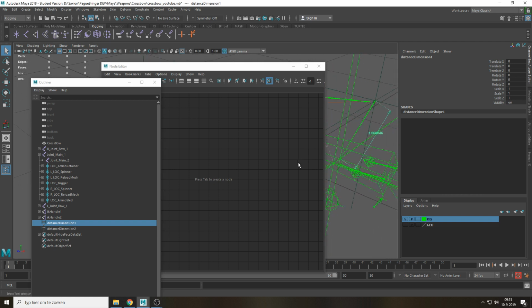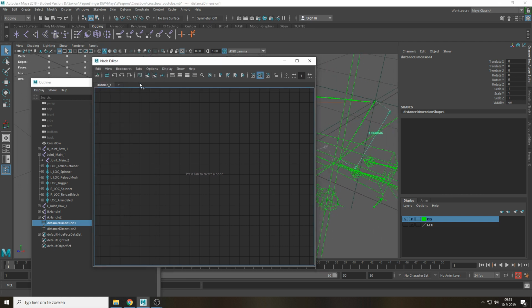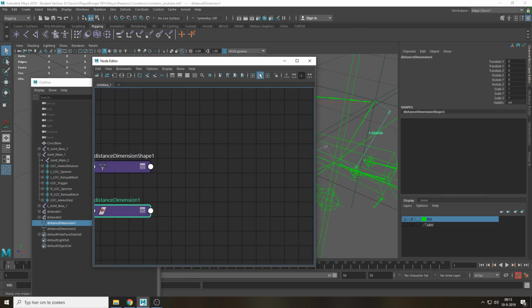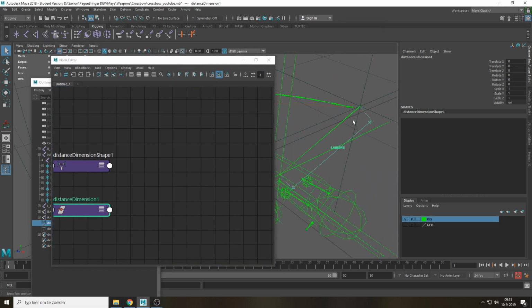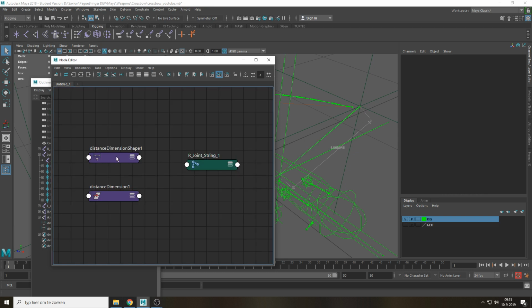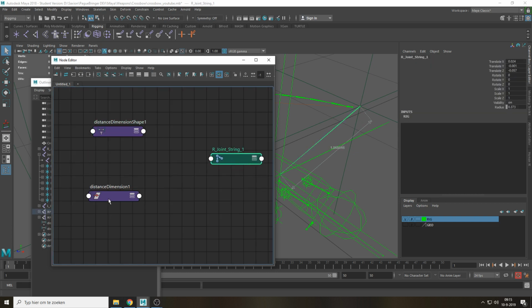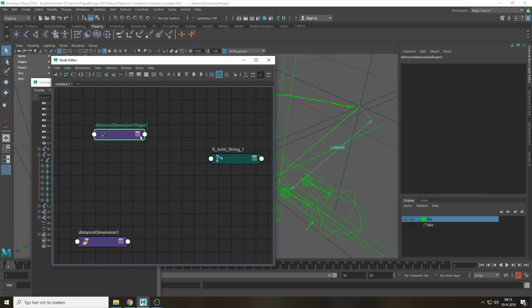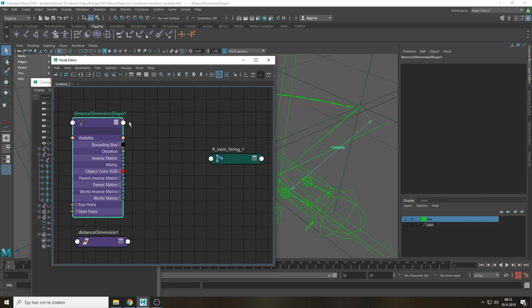I'm going to start with this one over here, so distance 1. I'm going to add it to my node. Same thing for my joint as well. The actual joint, I'm going to add it as well. There we go. So we have the actual length of the object, right? We actually have the value, the distance over here, and I want to use that to scale the object. So the first thing I want to do is add a multiply divide over here,